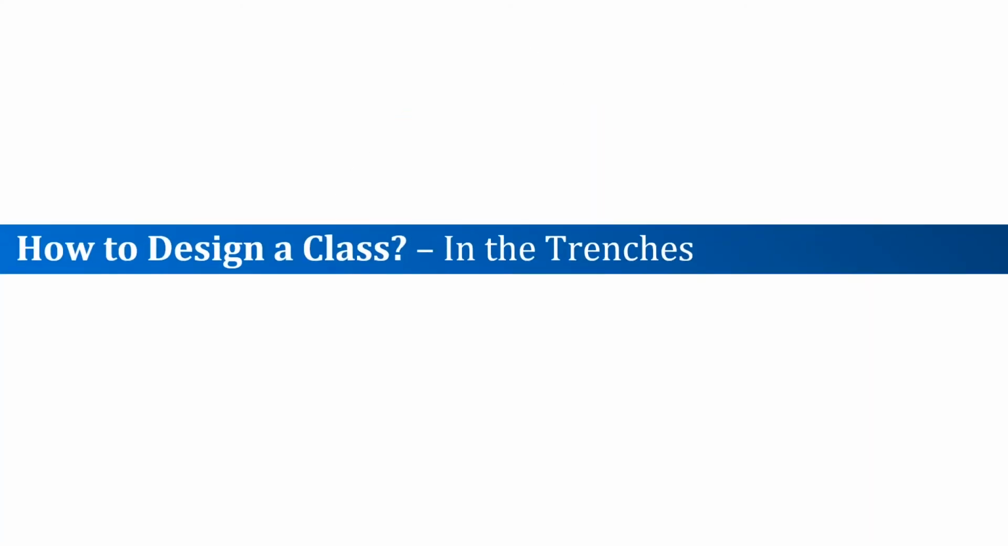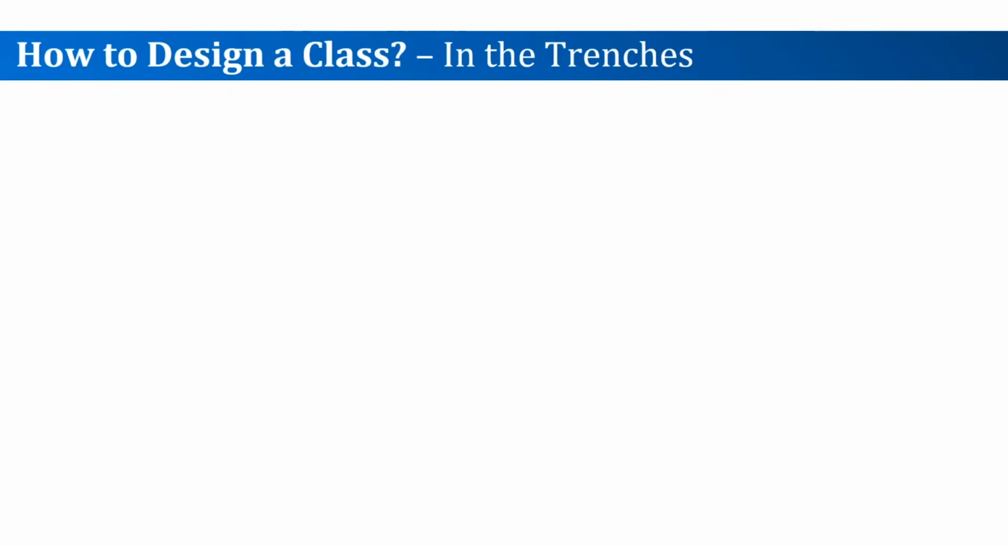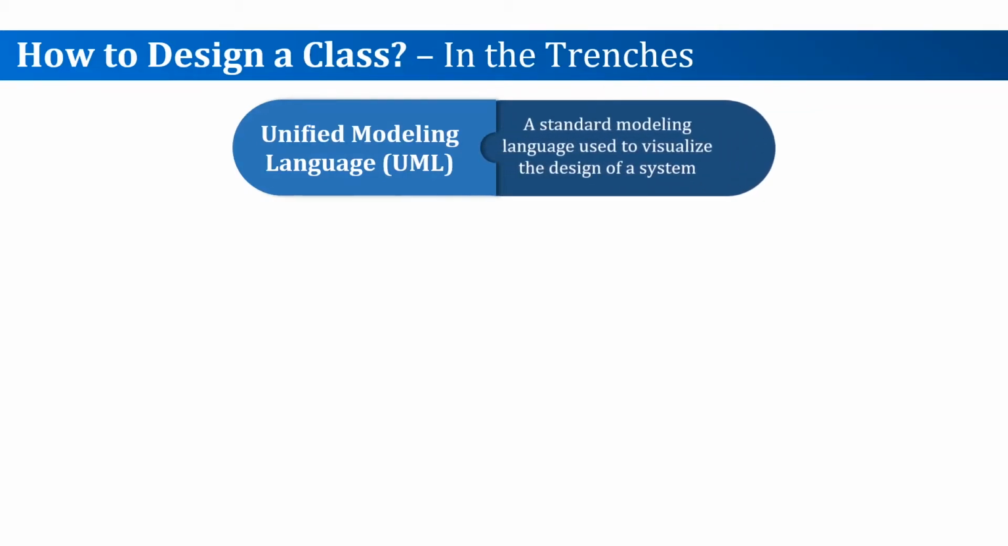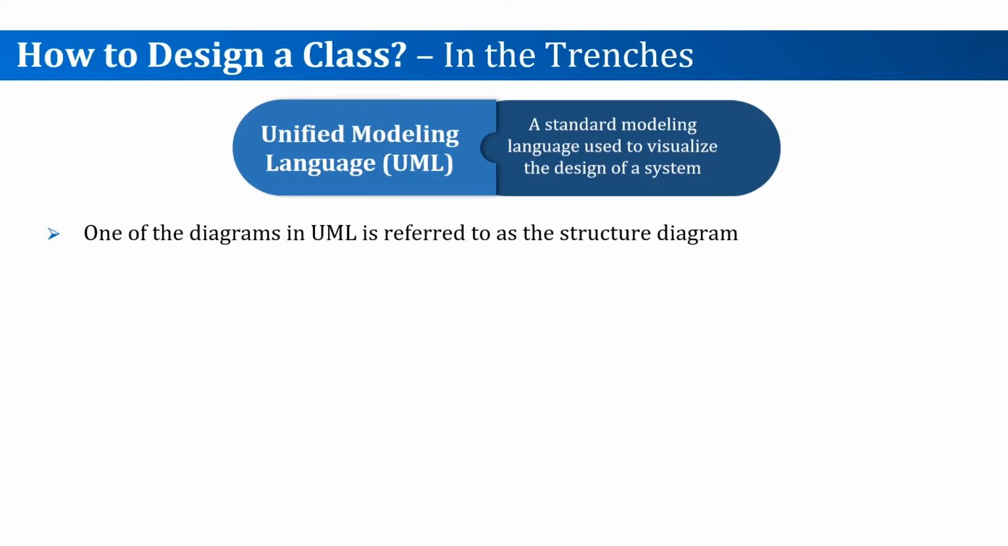In this video, we will discuss the details of designing a class in Java. Designing complex systems with multiple classes that interact with each other can become complicated. Therefore, to model and describe the system structure, programmers use a language called the Unified Modeling Language, or UML. UML is a standardized modeling language that can help visualize the system design and the structure of the system, which